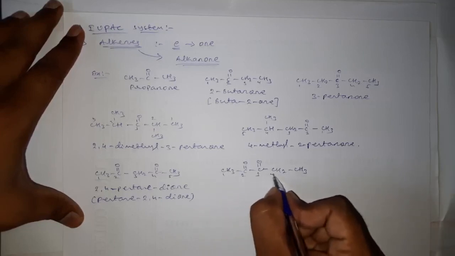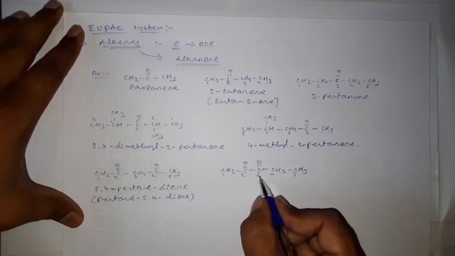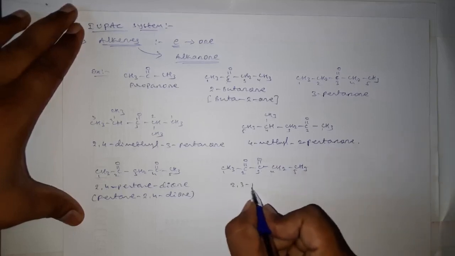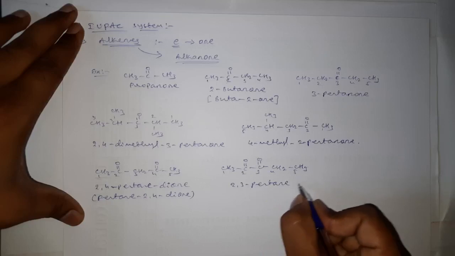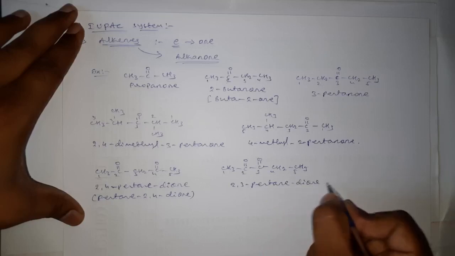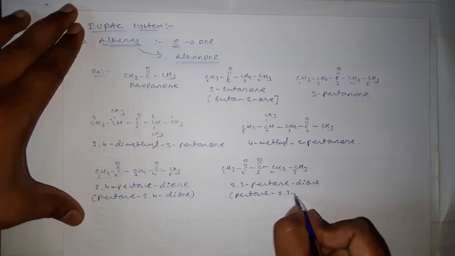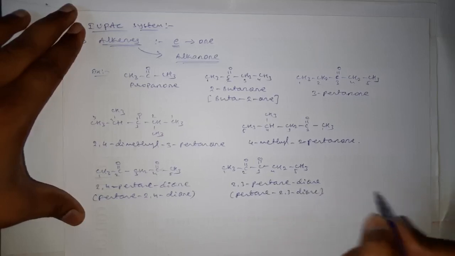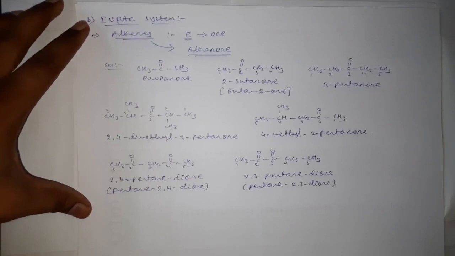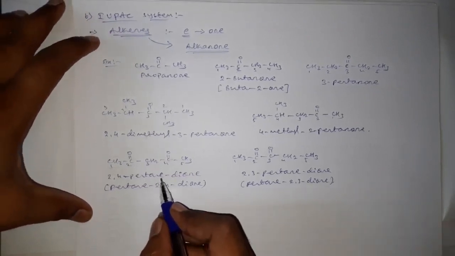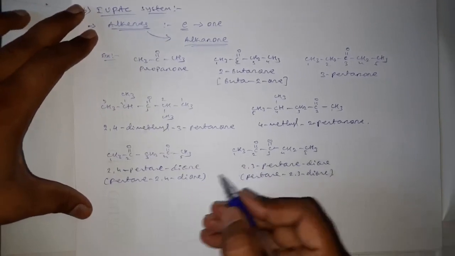1, 2, 3, 4, 5. On second and third position, 2 keto groups are there. Therefore, we can write this one as 2,3-pentane dione, or pentane-2,3-dione. Okay, this is all about the IUPAC nomenclature for ketones which are containing more than one keto group. And for cyclic ketones,